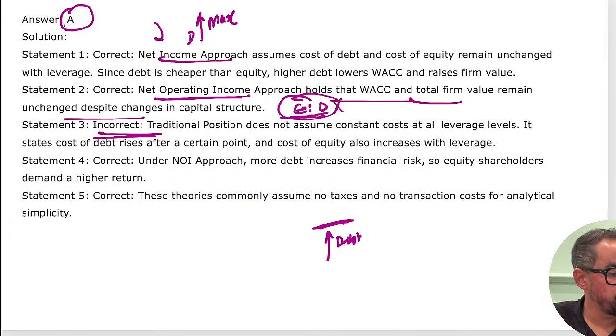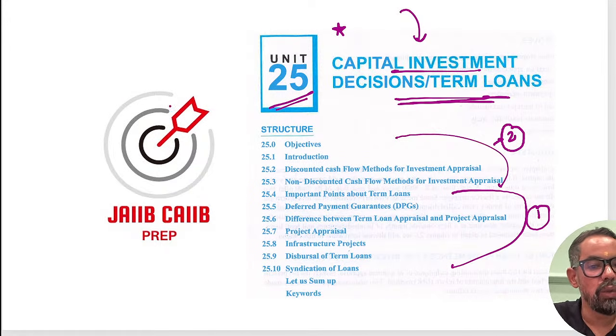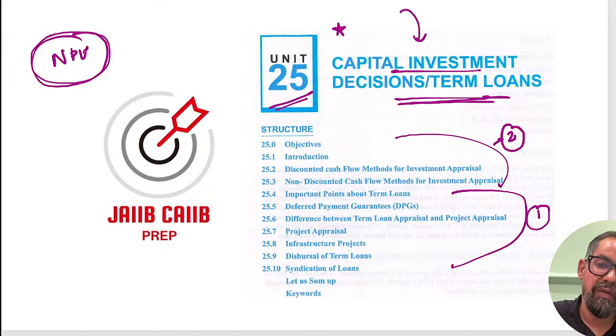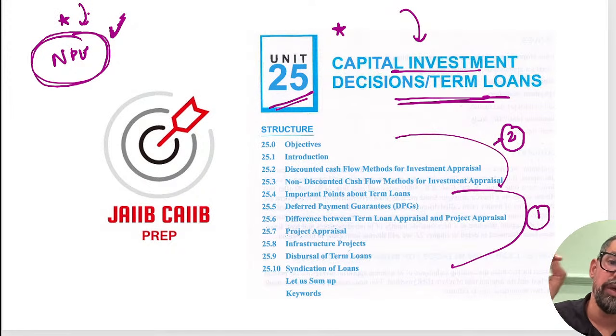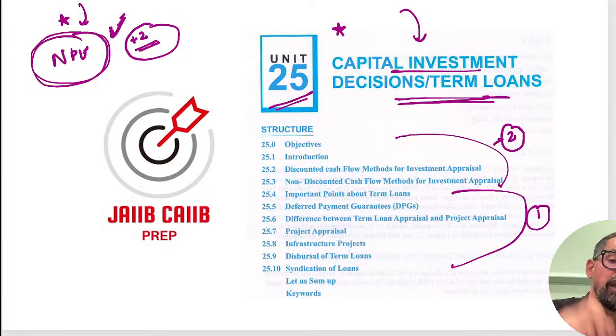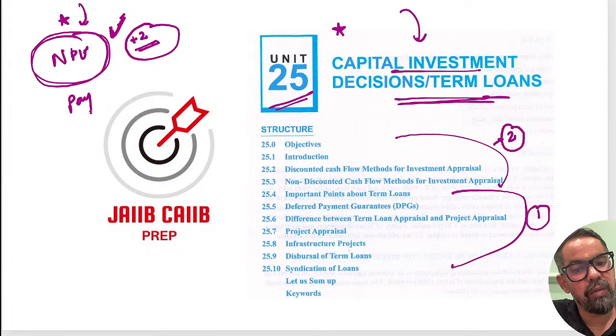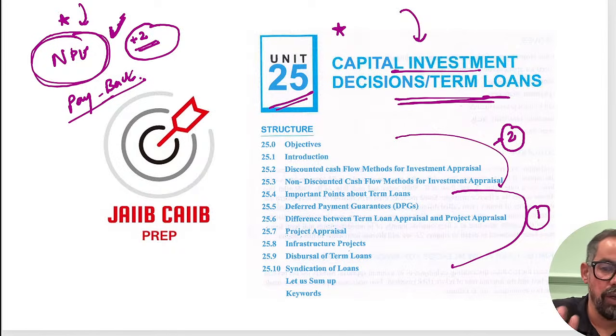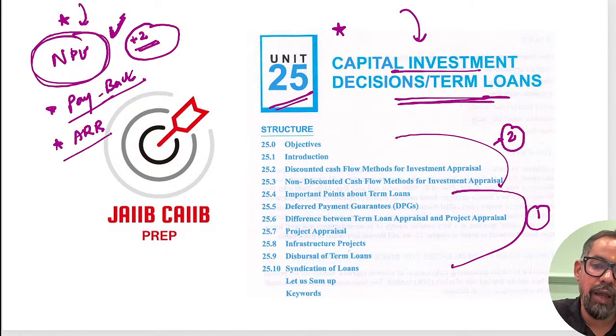Now here two methods, NPV is very important, most of the time, because whenever we go for project appraisal, for every project appraisal we apply the NPV, and if there is a question on NPV, for sure it will be a 2 marks question. Another one is payback period, which is very simple: in how many years the money will come back, easily doable. And then we have accounting rate of return, again a very simple one.